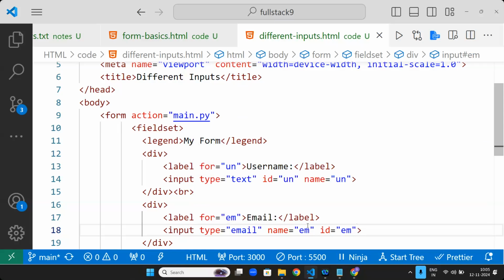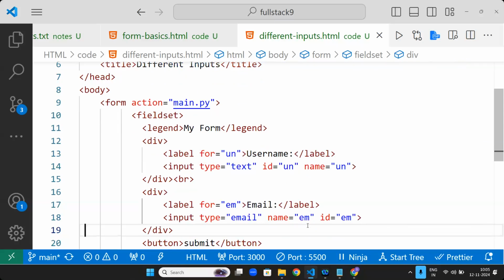Input type email will give you the email. BR. Just create the form. Now, if you write something like this, one email input will be created.